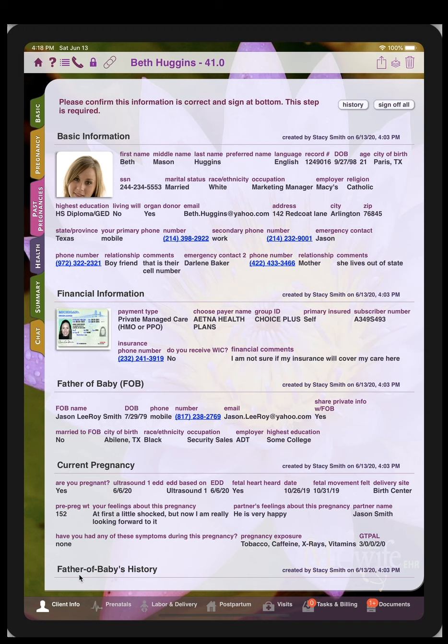Again, so your clients are only going to see what's under the client info and documents sections. Everything in between your clients are not going to see, because that's provider side. And since this client is set to pregnant, a bunch of other sections appeared, including prenatals, labor and delivery, and postpartum. There's still a visit section here, which is for well woman care, and that will not be visible if